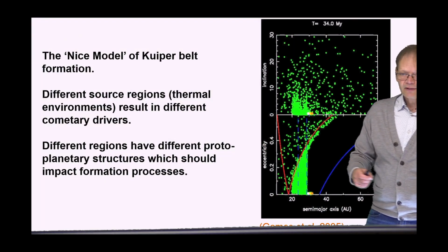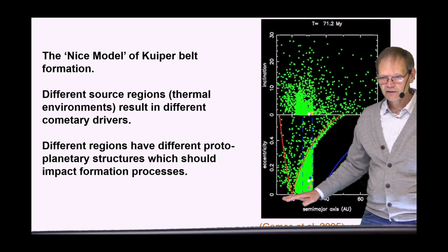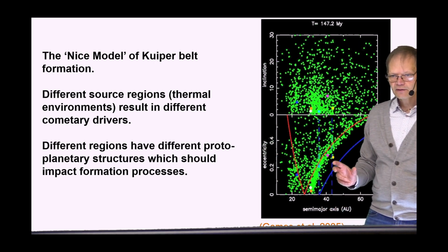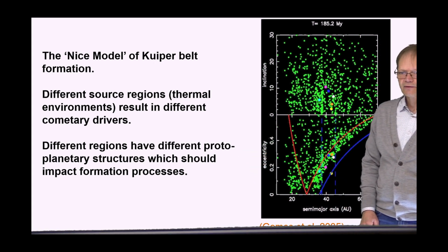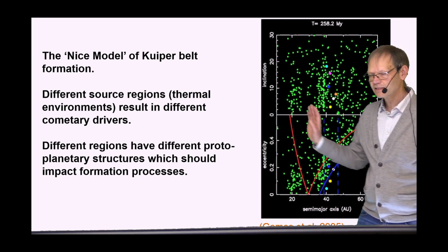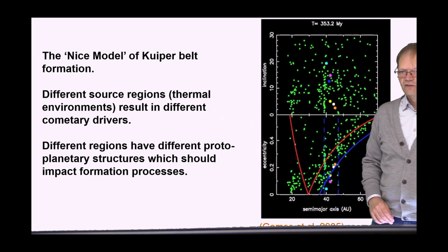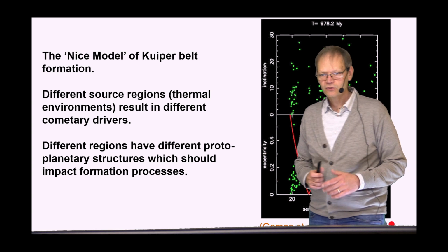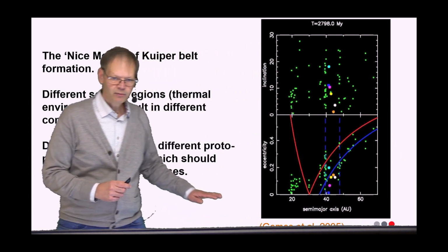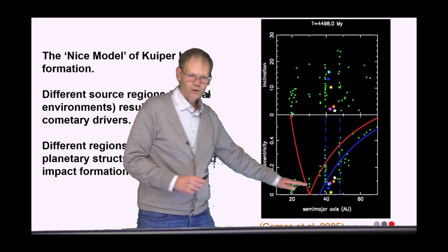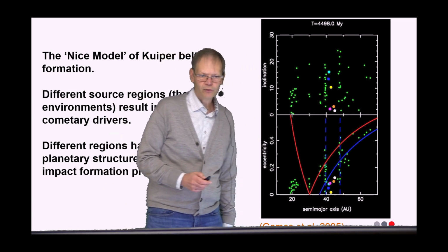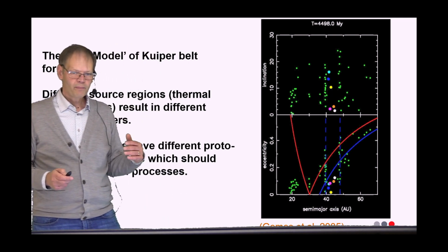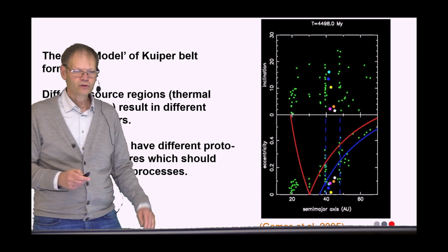So what we think happened in the solar system early on was there was a disk of material down here, somewhere between, say, 10 and 20 astronomical units. Then the giant planets started to migrate outward, and as they migrated outward, they interacted with that disk of material and scattered it all up into this zone of the solar system. That created one component of the population of the outer solar system, but there was probably initially much way down here a low inclination component that formed in situ and is still there, but isn't part of this model. So we think basically we can probe where these different parts of the solar system formed if we